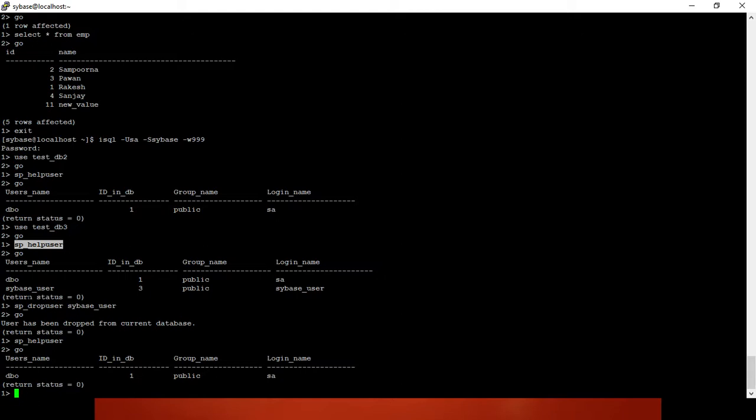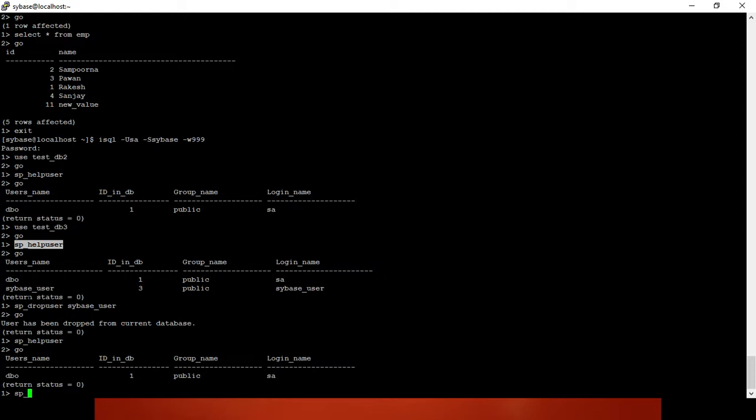Now we will create a database owner. The database owner can do anything in the database. The database owner can access any table within the database, truncate any table, create or drop, and update; any DML and DDL operation can be performed in the database.